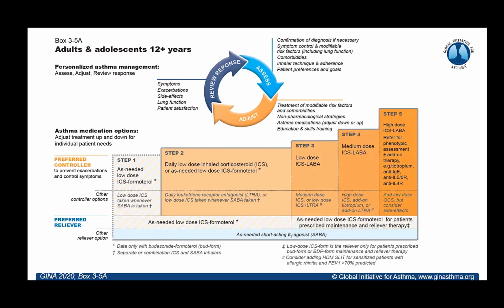So where these two areas kind of diverge a little bit is that your PRN should theoretically be Symbicort, unless you're doing this second treatment option here and using a short-acting beta agonist. However, this should be your reliever medication. And step three, depending on what your maintenance or controller medication is, if your maintenance is Symbicort and that's what your insurance pays for, then you would continue to use Symbicort as your